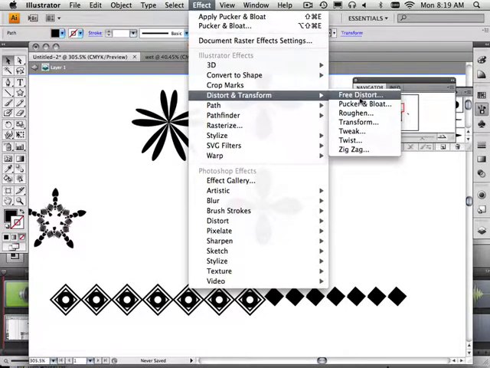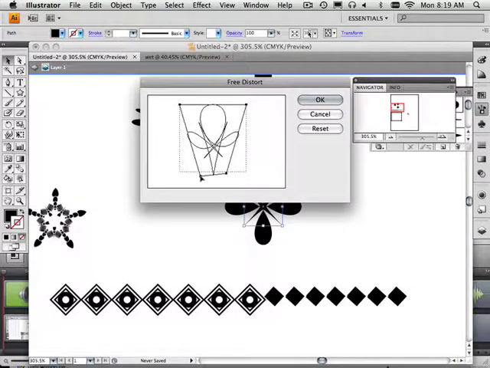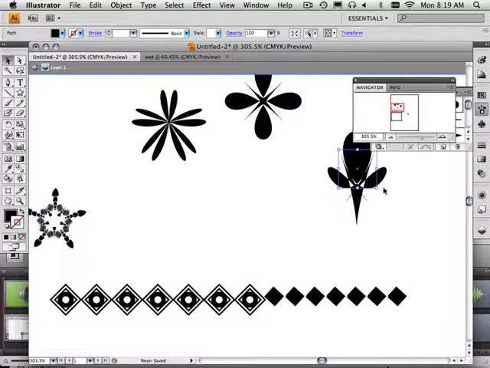You could do a free distort on it, which is pretty nice because you could take it and kind of manipulate it in some manner like this. Sometimes I'll use these bottoms as a reference point, so I'll take this, and that way I can get a straight edge. Again, very cool pattern. If I rotated that and put it on the corner piece,